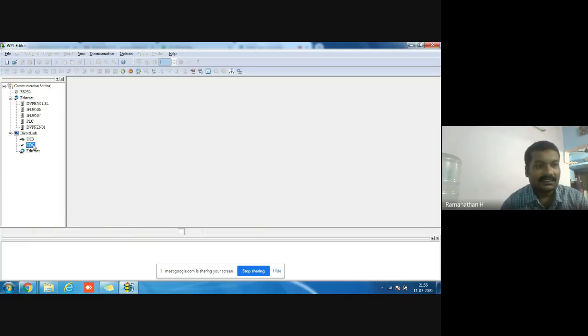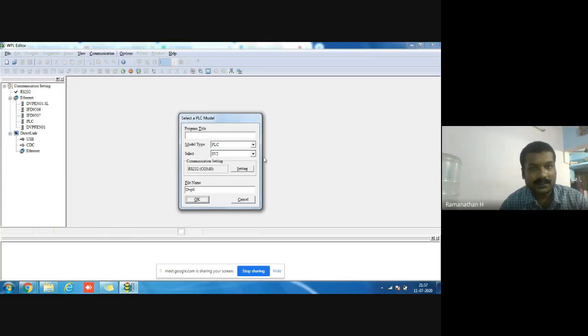That is the CDC, normal USB, and Ethernet communication. And lastly RS-232 and RS-485 also. It is an RS-232 port only, but we can reconfigure that RS-232 port to RS-485. I will explain that.